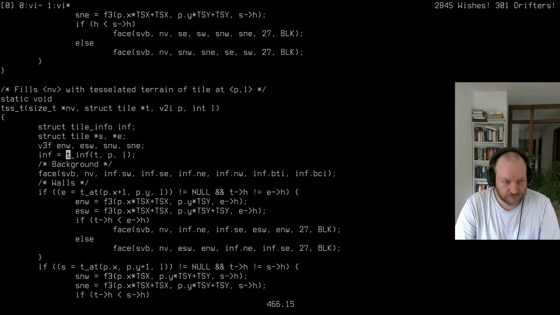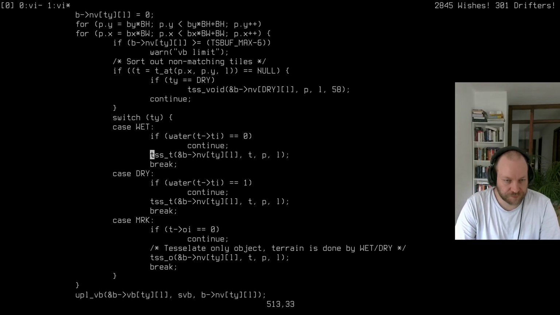So it all comes down to this tessellate tile. Actually this. And if I say instead of,